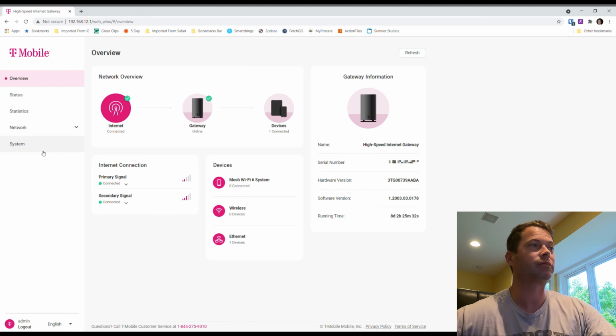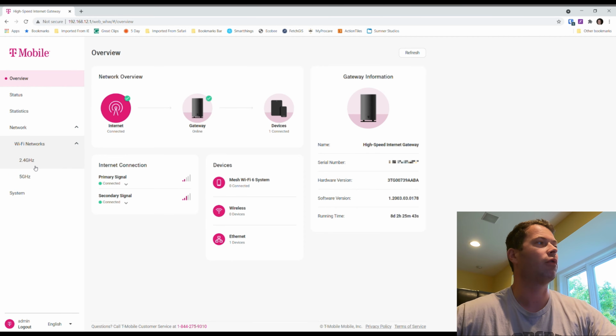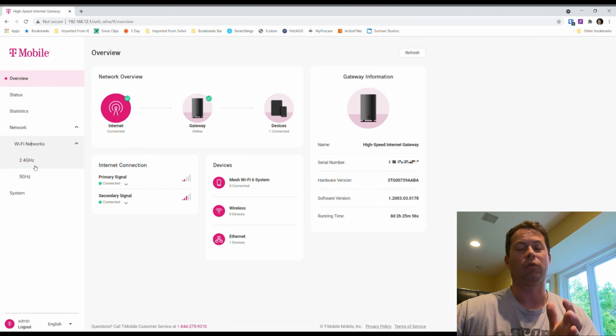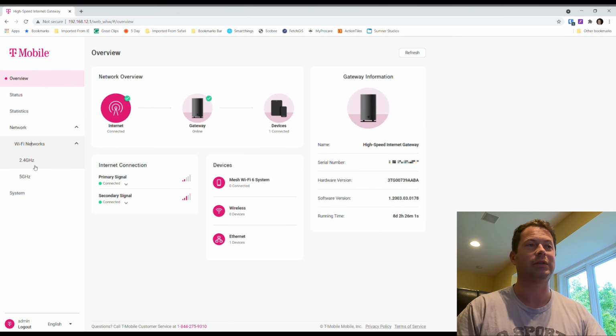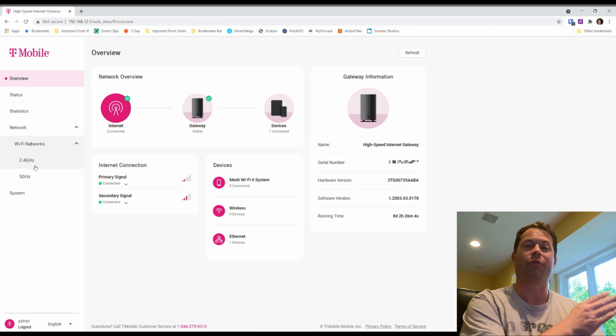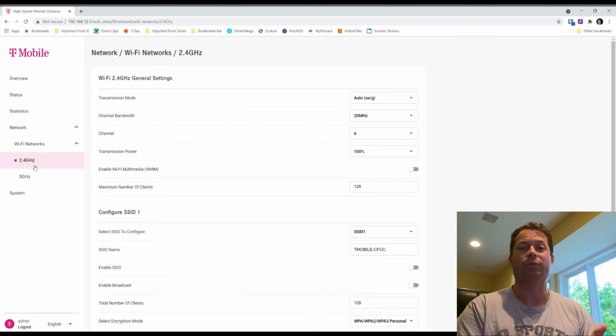And this is telling you kind of your overall status. But where you want to go, and I have other videos that talk about primary signal, how to get the best and whatnot, but for this one, we're going to go over to network, Wi-Fi networks. And then if you're having trouble connecting, my guess is that it's an older device and it doesn't support the newer protocols for Wi-Fi. So Wi-Fi has gone through 6 kind of official big changes. That's why it's called Wi-Fi 6. But there's Wi-Fi 5, 4, 3, 2, 1. And those are different protocols. So if it's an older device and doesn't support